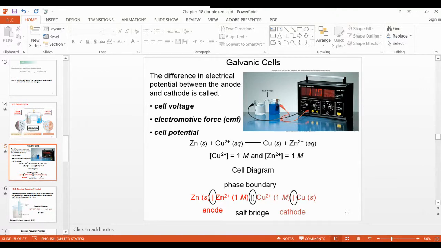These 2 lines indicate the salt bridge, meaning the electric current passes from the first compartment to the second compartment, right? So that is indicated by the salt bridge, 2 lines. Then the electron comes from the anode to the cathode and reacts with the ions first, because ions always reduce, and the ions reduce and change to the solid. So first you write the ion, then a single boundary, then the solid. In this way you have to write the cell diagram.